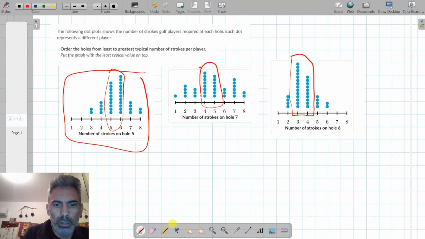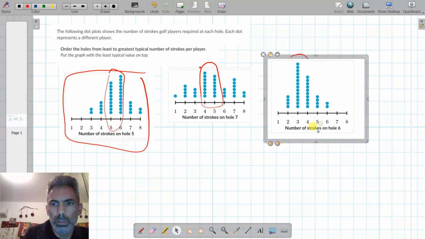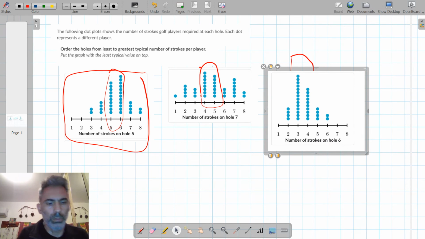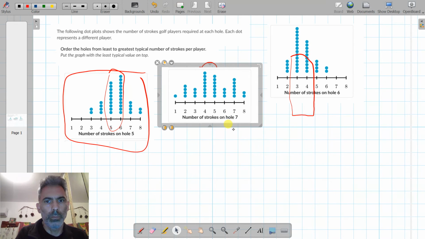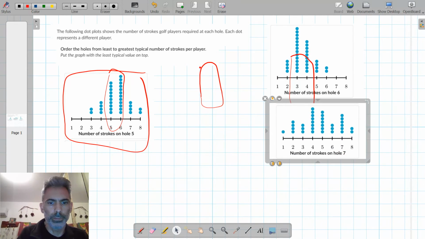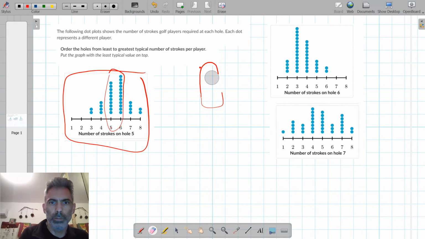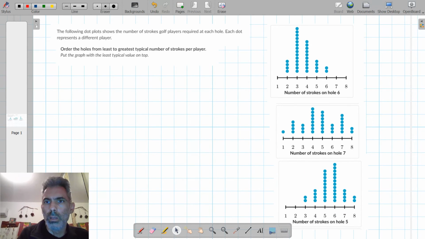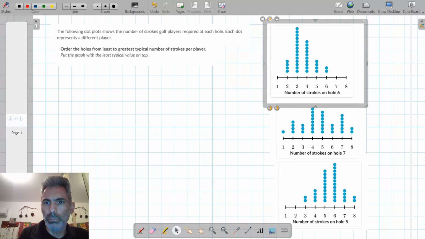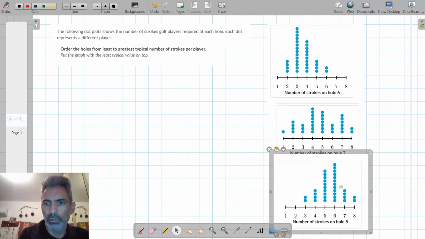So I would say put the graph with the least typical value on top. So this is the least. So this will be on top. This is between 4 and 5. This one is between 3 and 4. This one is between 4 and 5. And this one